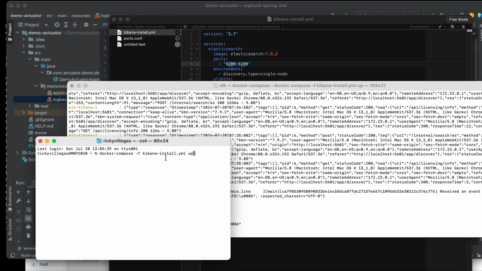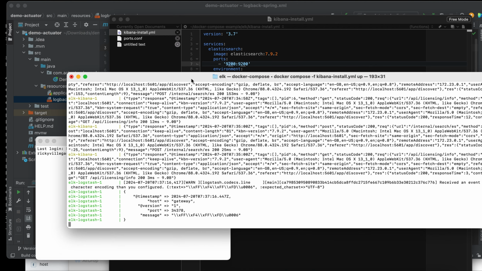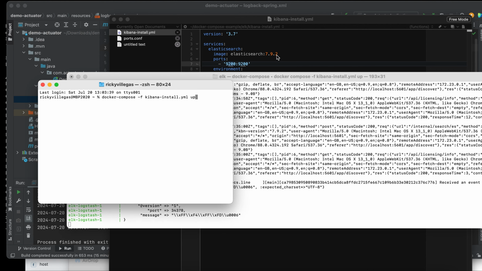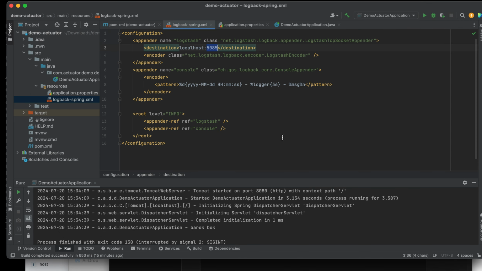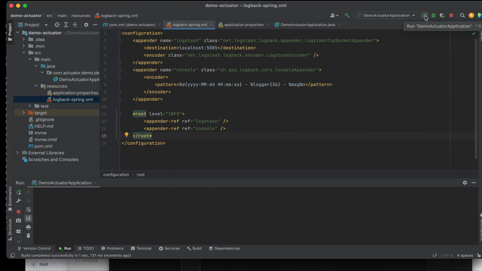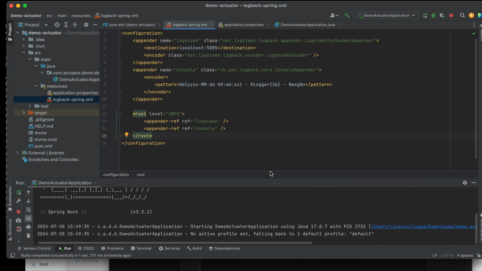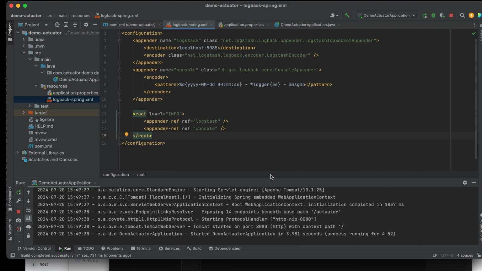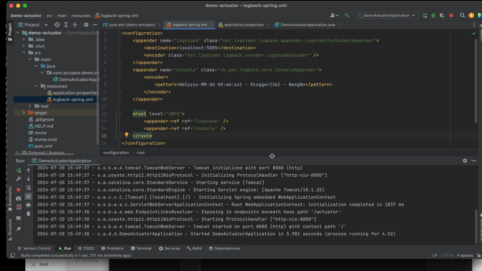Then in my case, it's running already, so I don't need to execute this. So once it's running already, you can run our Spring Boot application. By the way, in this demo I did not show you how to install the ELK.